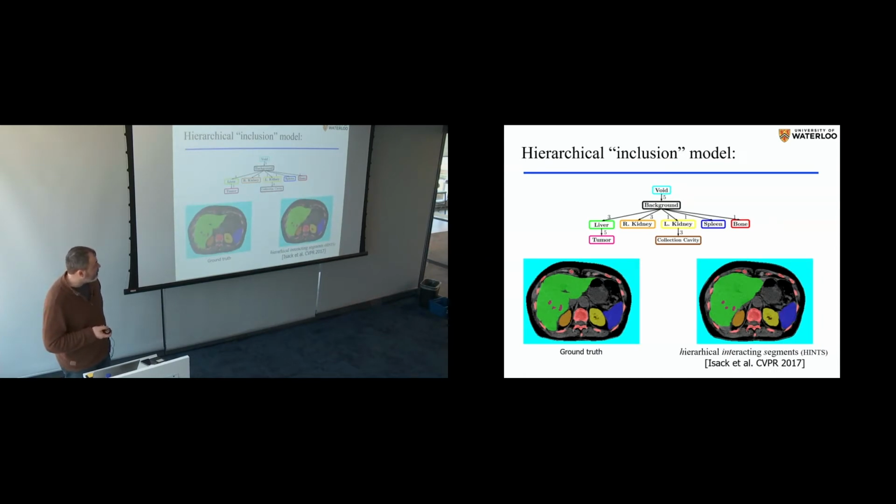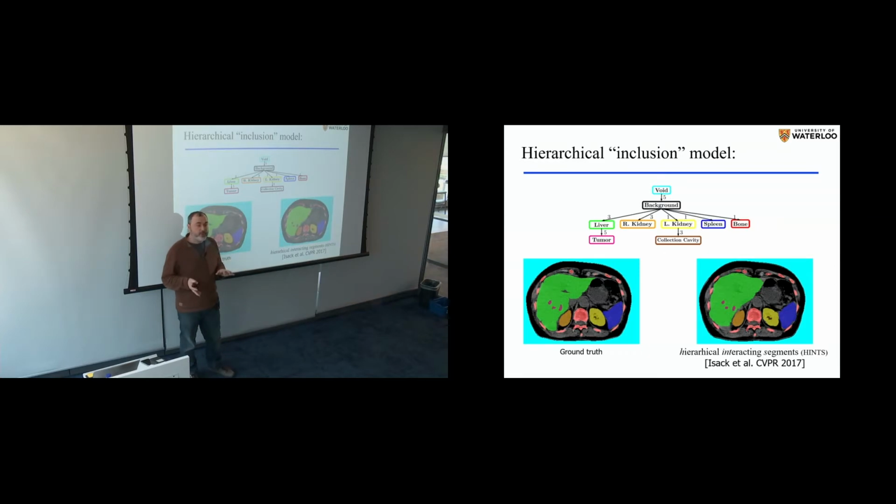So another model that I recently worked on, that I really like, is some kind of hierarchical inclusion-exclusion model where different labels, you basically have an atlas. We know atlas, like the radiologists know atlas. I don't know how to represent an atlas in deep learning, not yet. But we can impose any kind of inclusion-exclusion hierarchical structure of the segments. Without any deep learning, you can get results like this.